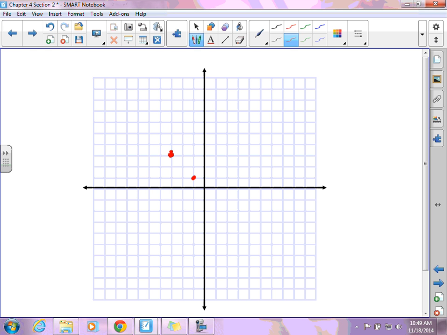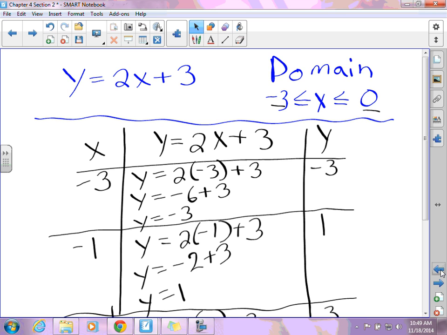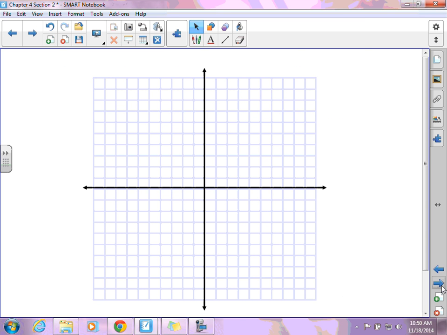Let's take a look. So I had negative 3, negative 3. That's what I had. I had 0, 3. And I had negative 1, 1. Okay. Do you see how it formed a straight line? Did you notice how I stopped myself? If I would have kept doing what you guys mentioned, did you notice I got a check mark or